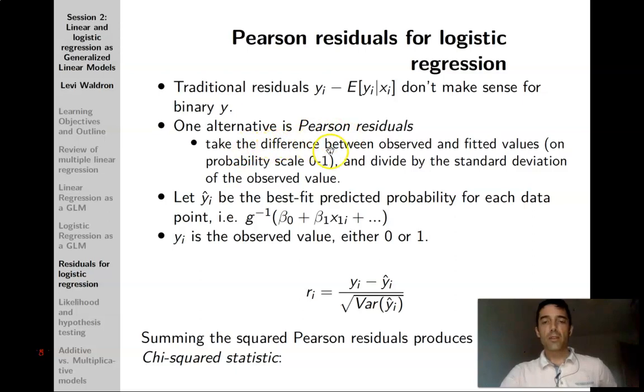It's very similar because it's the difference between the observed and fitted values, where the observed is a 0 or 1, that's the dummy variable of your y, your outcome, and the fitted value is just the probability, which is a continuous value between 0 and 1. But then they're divided by the standard deviation of the observed value. And this is based on